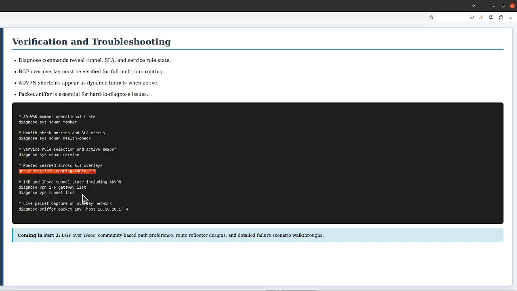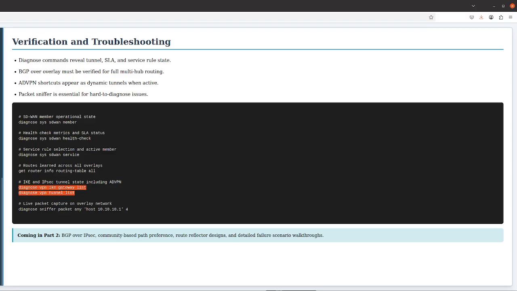The diagnose vpn ike gateway list command lists all active IKE gateways with their state, remote peer, and encryption details. The diagnose vpn tunnel list command shows all active IPsec tunnels, including ADVPN shortcut tunnels that have been dynamically created. Seeing a healthy mix of configured hub tunnels plus a few dynamic shortcut tunnels confirms that ADVPN is